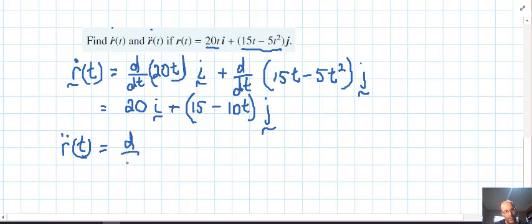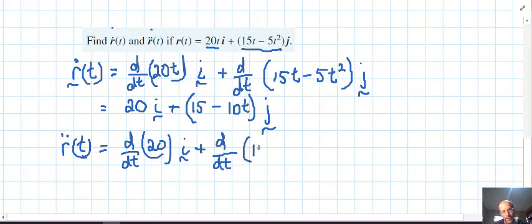So that'll be the derivative of 20 with regards to t in the i direction, plus the derivative of 15 minus 10t with regards to t. And again, as you get better, you won't really need to write this step, but it is explaining as you're learning. And the derivative of a constant is 0, so it's 0i, and for the j's, the 15 comes out as 0,